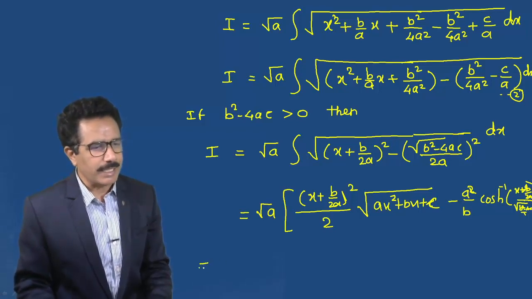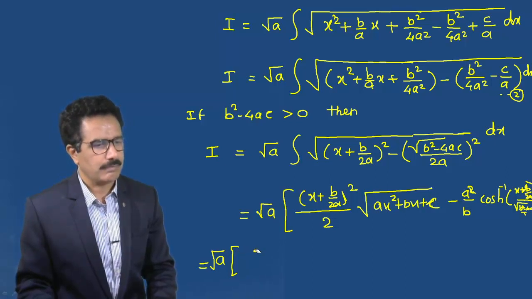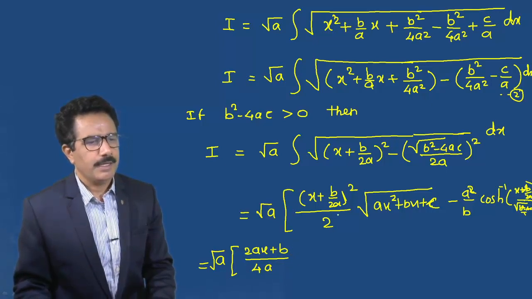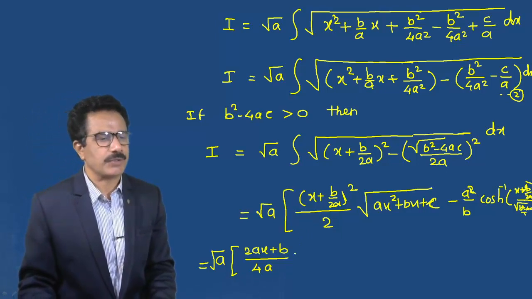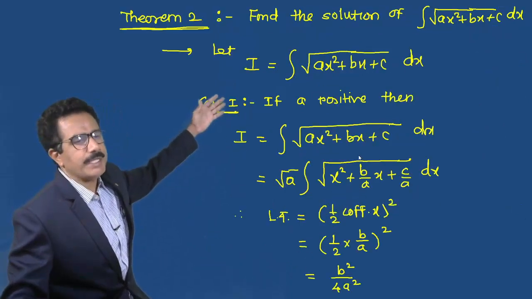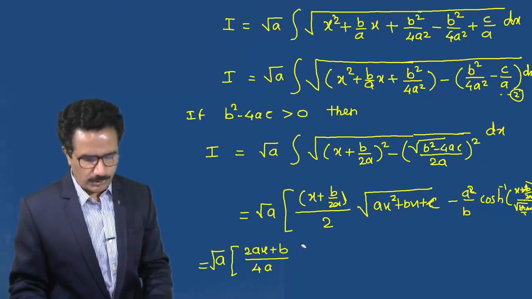So this can be written as a into root a into 2ax plus b divided by 4a. Here it is not a square by 2, it is x by 2. So this is 4a. We can write this as a, x by 2, into root of